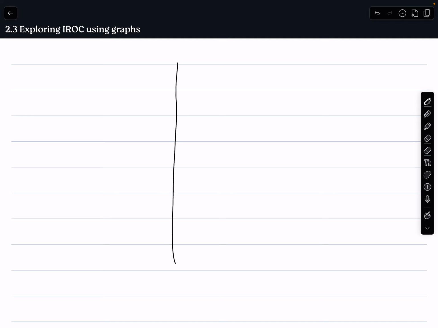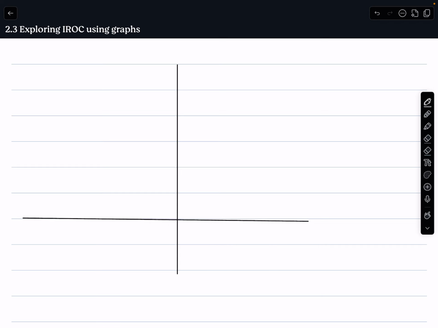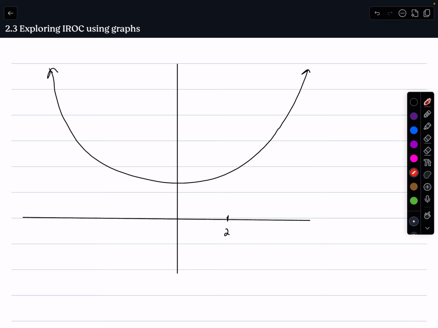So let's say I have a graph over here, and let's say this graph is a parabola, okay? And let's say I want the instantaneous rate of change at the point 2. So that means I want to find the slope of the tangent. So what is the slope of this guy at 2? The way we approximate this instantaneous rate of change is we use secants, or the average rate of change, to approximate the instantaneous rate of change. So for example, if I take a point at, let's say, 4,